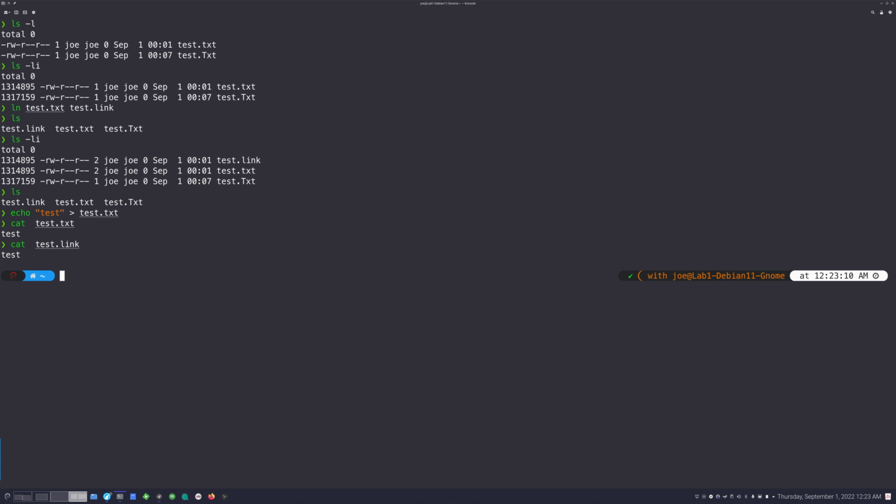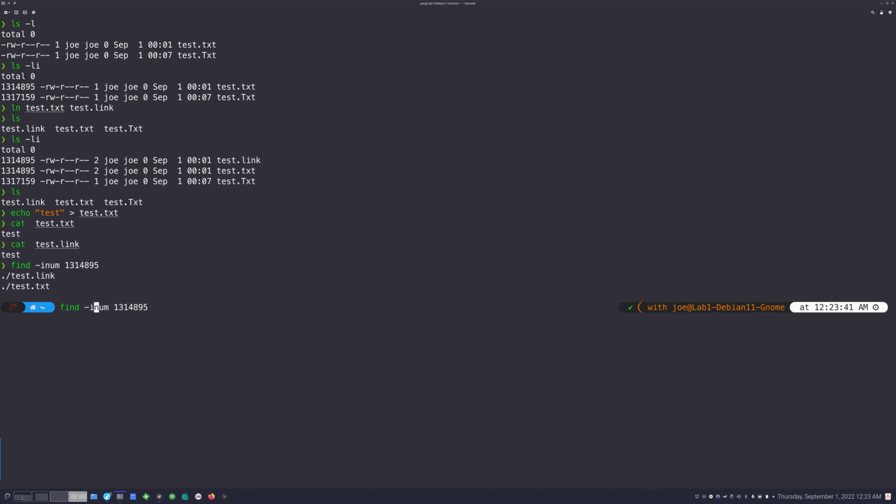So you can actually find them by inum. So if I do find and I do -inum, like so, right? Then I can actually give it the hard link value. So if I didn't have these two files in the same directory, but there was a hard link in another directory somewhere and I wanted to know where it was, I could copy this value here and paste it, and then it's going to return every single file recursively from the current directory down that shares that inode number. Of course, if I want to expand that search to the entire file system, I could do that by adding a / in there, right? But this is going to find all the files with that inode number.